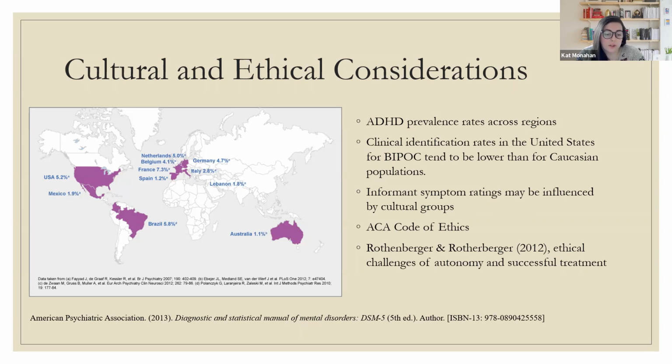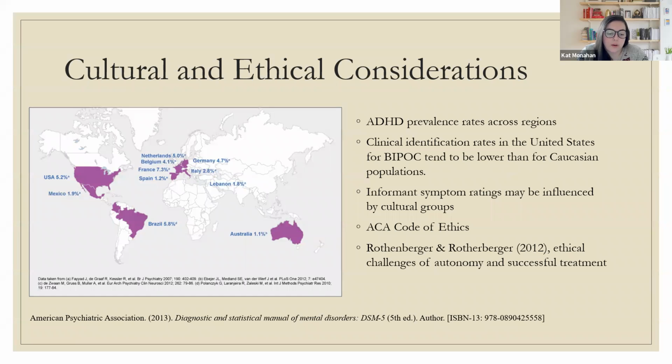Section E is evaluation, assessment, and interpretation, and I think this is particularly important ethically, that we use assessment instruments that are evidence-based, and our interpretations are made based on the results of these tests and not by our own personal opinions. And it's also important that we take all of the ethical measures to secure the most appropriate, least restrictive diagnosis possible. I looked at an article by Rosenberger and Rosenberger from 2012, and they stated that there's